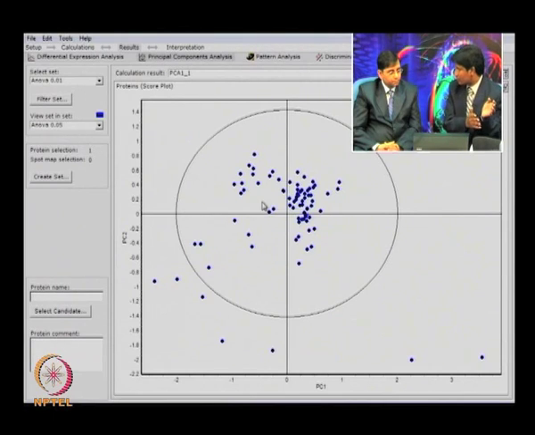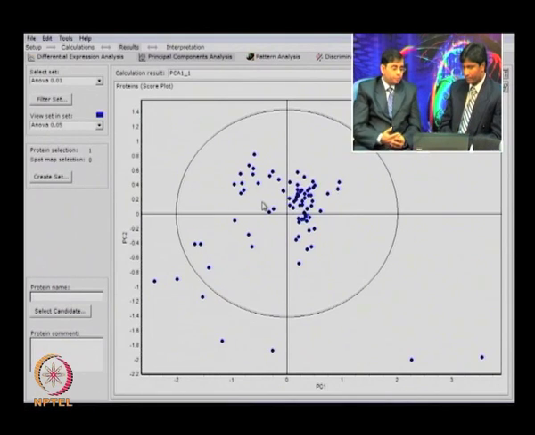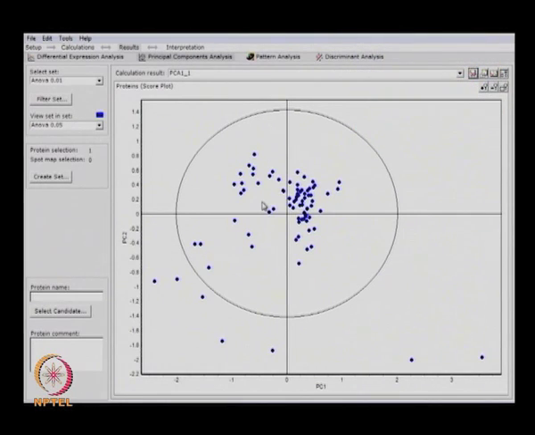Then we have to go back to our BVA data and check how exactly the protein is regulating. Then we can identify that protein and use it for further analysis. So this is a powerful statistical parameter, by using which you can identify outliers that could be the potential discriminator between the control and treatment. And once you identify those proteins, you can go back to your original data from the BVA and get all the analysis done.